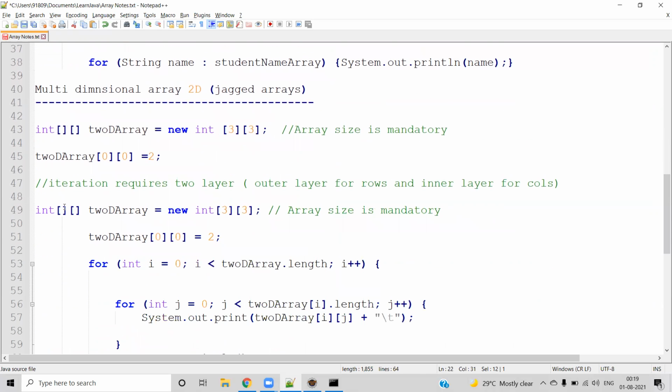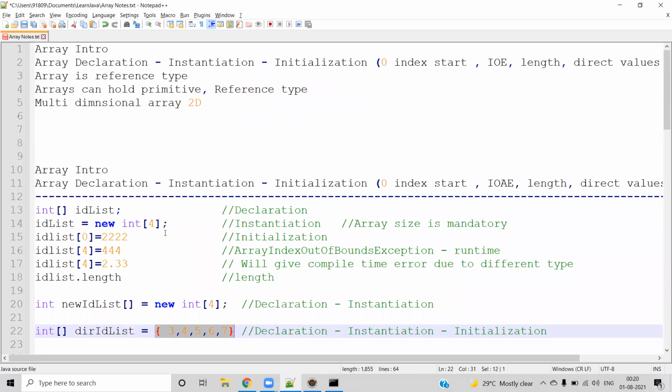And we have seen how to create the multi-dimensional array. And we have seen how to iterate the multi-dimensional array. In simple terms, we have seen only the 2D array, using 2 layers of for loops, the inner and outer loop. So this is the introduction, or this is about the very basics of arrays. So thanks all, thanks for watching and have a great day.